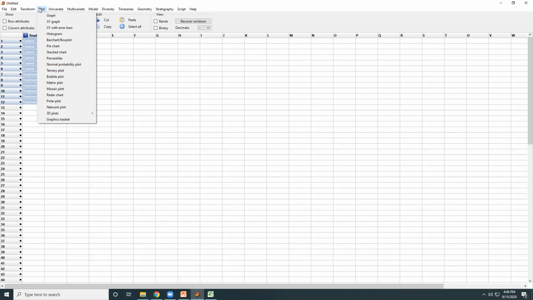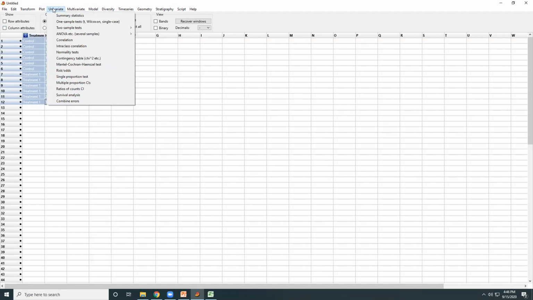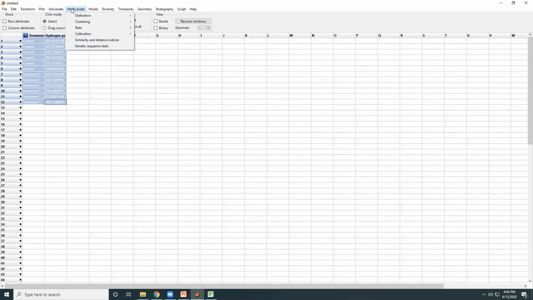For example, you definitely do not have great plotting or graph tools, but it does make some kinds of graphs: XY axis, bar chart, pie chart, stack chart, and so on. Similarly, there is a possibility to conduct univariate and multivariate analysis, which includes both parametric and non-parametric tests, right?